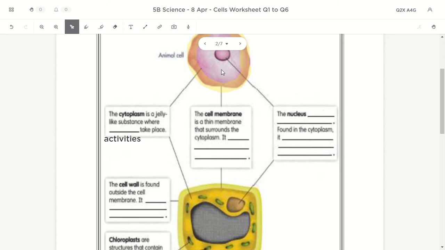So is this purplish fluid here, is this yellowish fluid here. So that's the cytoplasm. So inside there's a lot of things happening. So it's like a marketplace. This is where the activities happen. Now we talk about